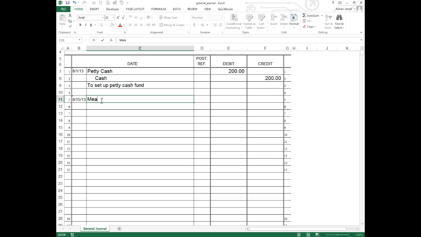In fact, let's just call that miscellaneous expense. That's just too detailed to call it meals expense. And it was $20, and then they had travel expense of $40,